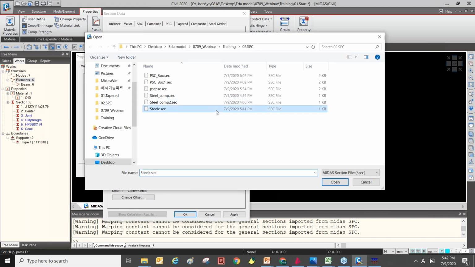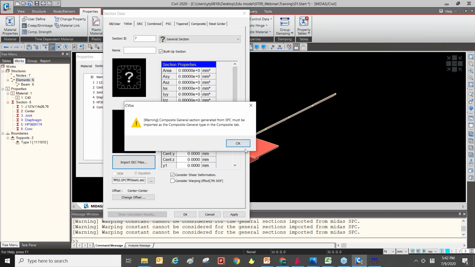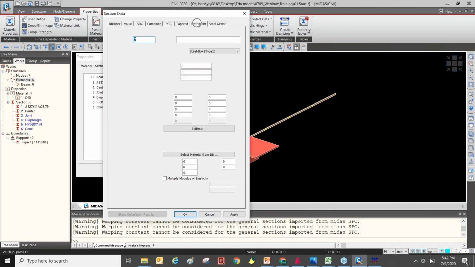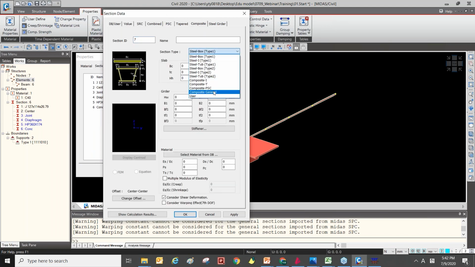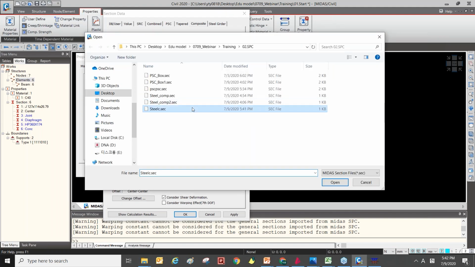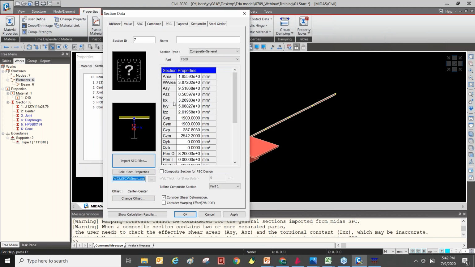So when you try this, you can see this pop-up message. So we need to move on to the composite tab and use the composite general option. Here we can import the composite section.